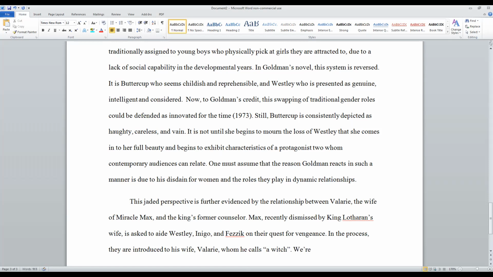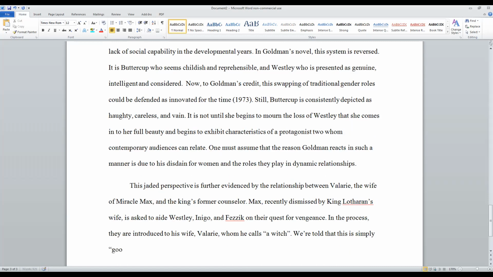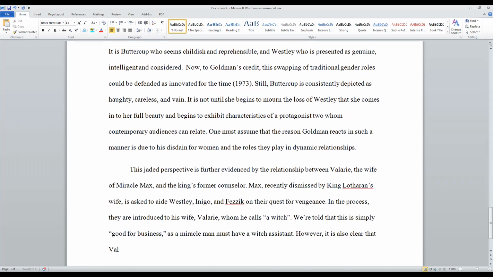We are told that this is simply good for business, as a miracle man must have a witch assistant. However, it is also clear that Valerie is his wife,